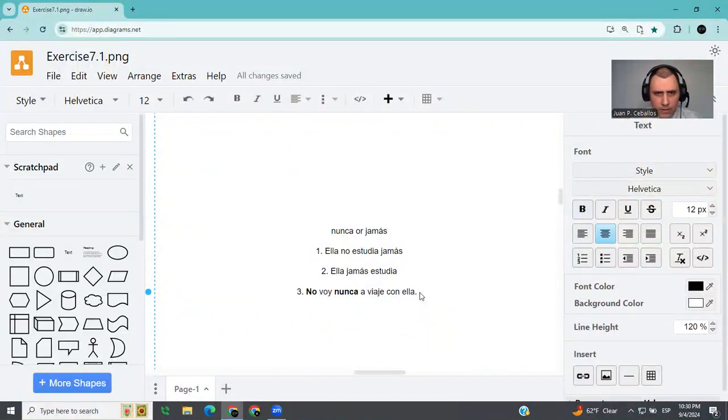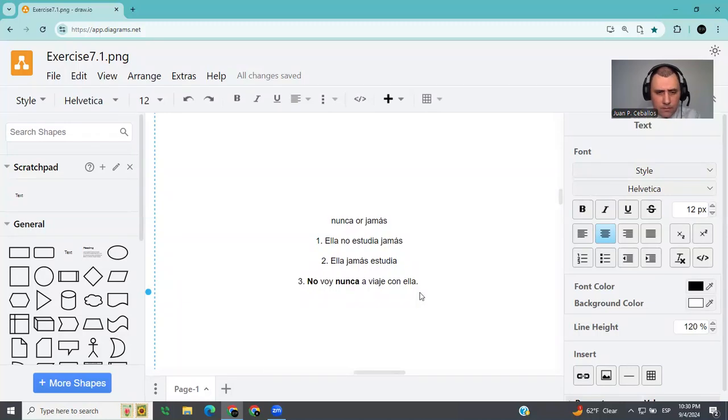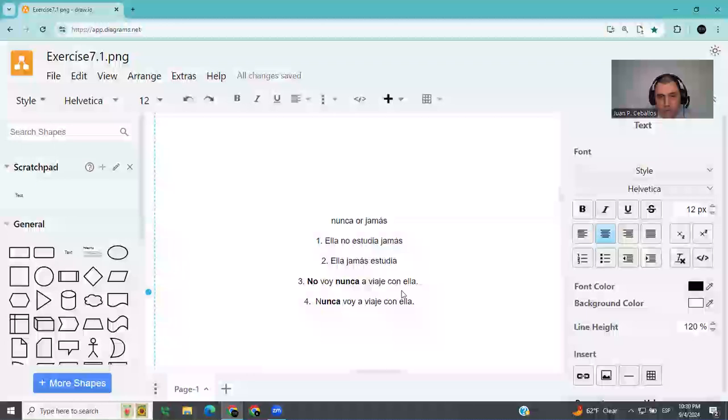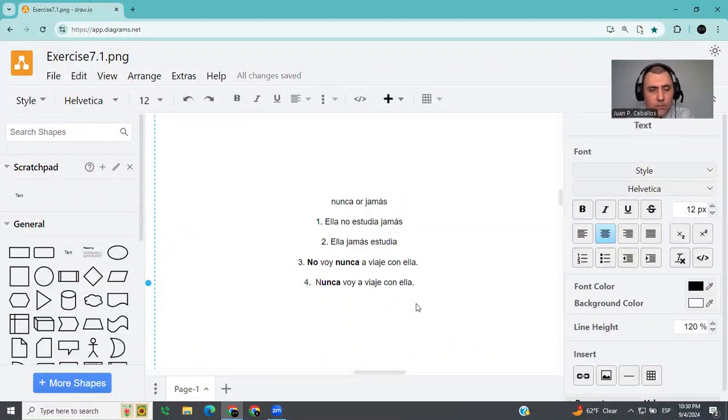The other way to do this sentence will be placing nunca before the verb, as we already did before. So let's do this. Nunca voy a viajar con ella. But with long clauses and with several verbs, you can also play around with this. So another way to do this sentence will be